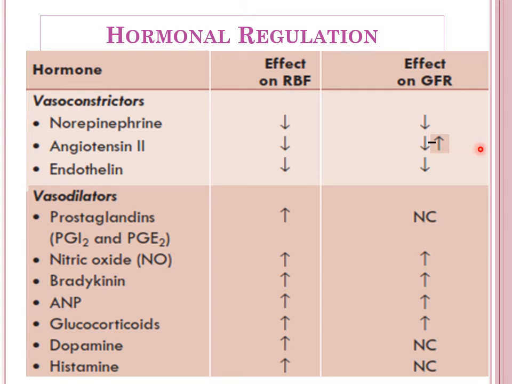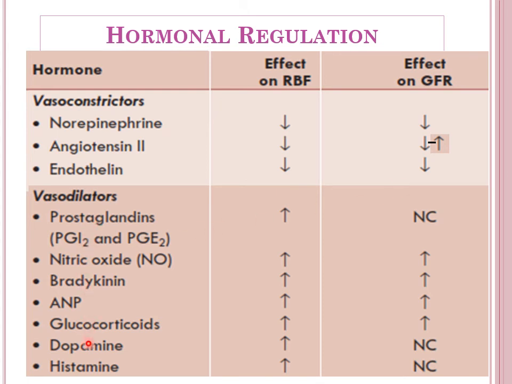Okay, so in a low concentration the afferent arterioles, rather, will dilate, so that will lead to an increase in the GFR. But in a higher concentration, angiotensin 2 will decrease GFR by two mechanisms. One is that it will also lead to vasoconstriction of the afferent arterioles, and second, by contraction of the mesangial cells, it will also decrease the GFR. Then endothelin, again a vasoconstrictor, causes a decrease in the renal blood flow as well as the GFR.